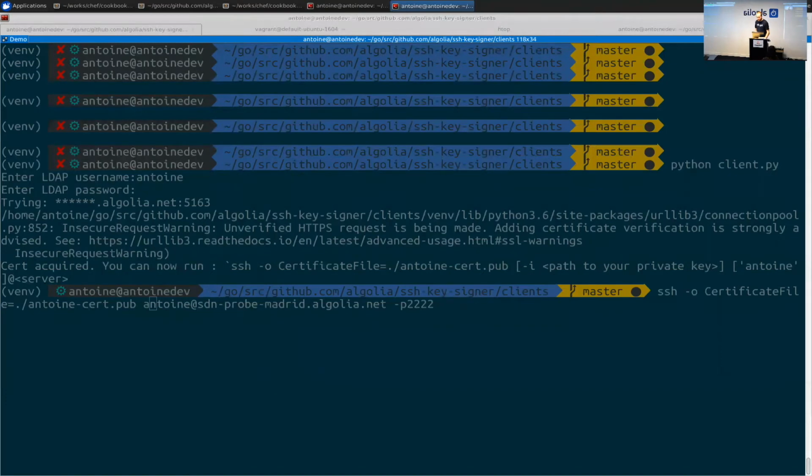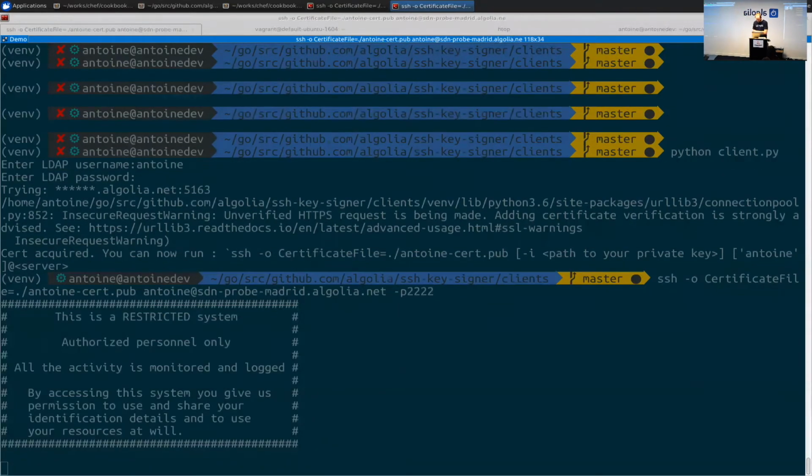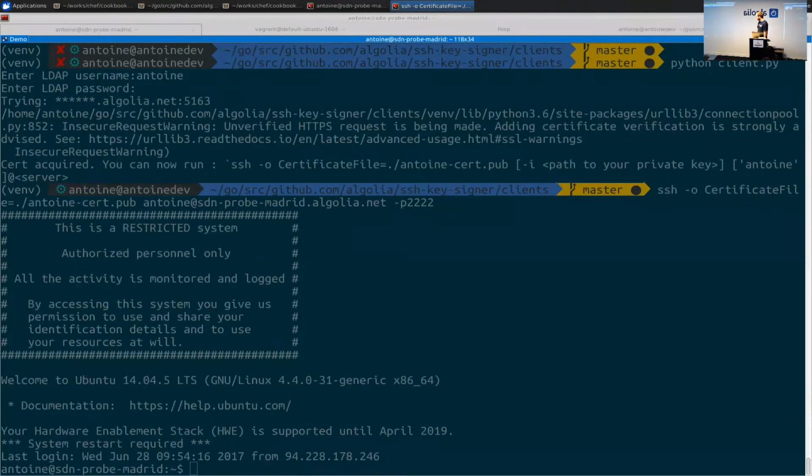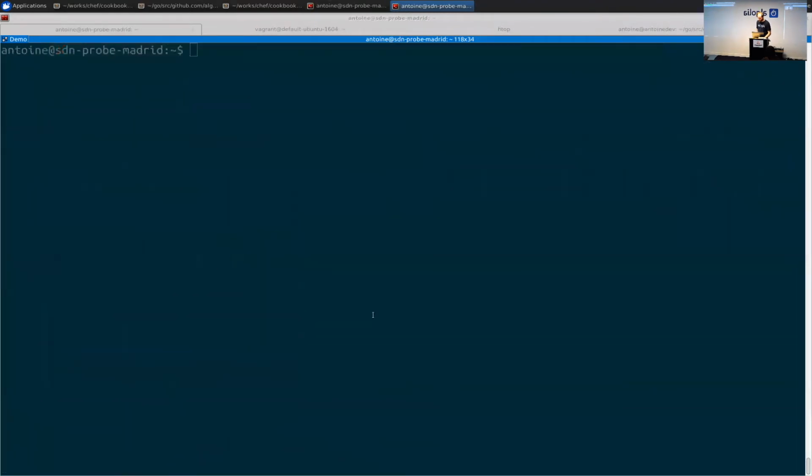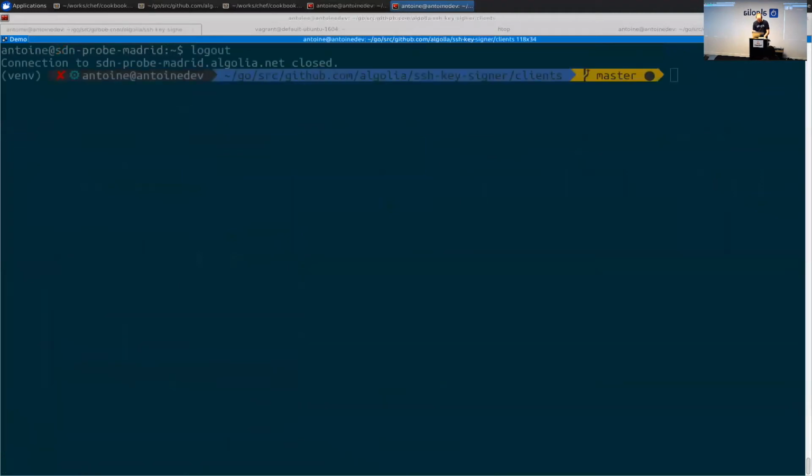So here, I tell SSH to use my new certificate, my signed certificate, and then I want to connect to one of our probes. I'm on the server and I can break everything, but I won't do that. As you can see, I'm using my username Antoine, and everything will be logged with my username. And if we want to have a look,